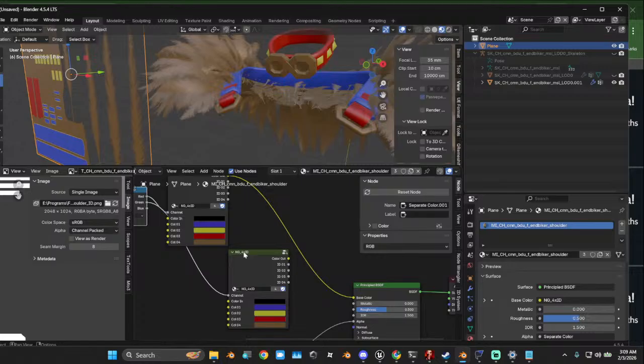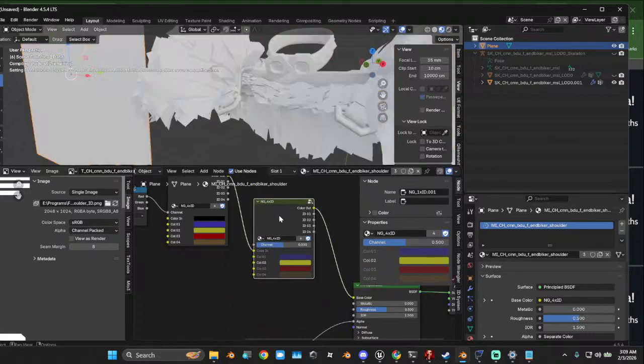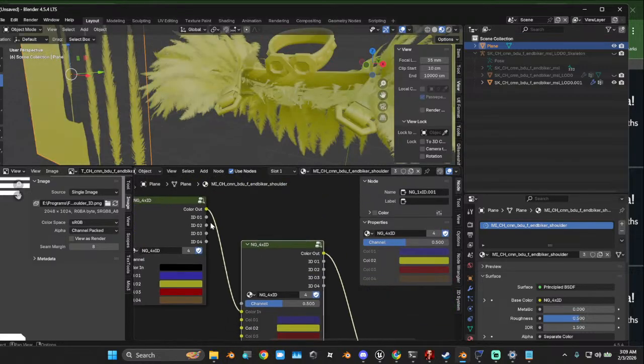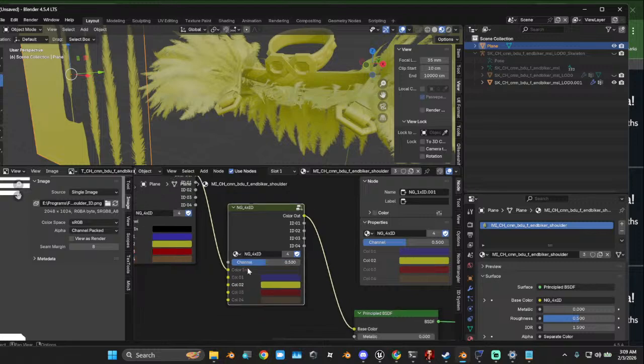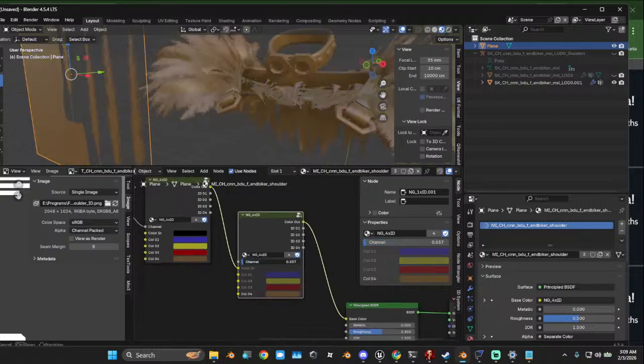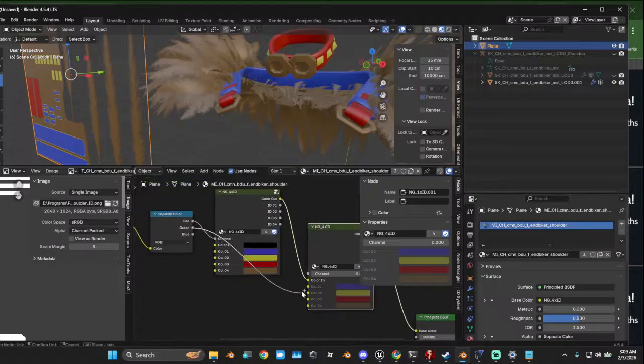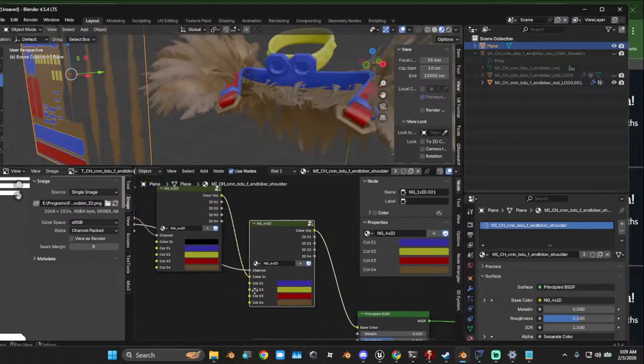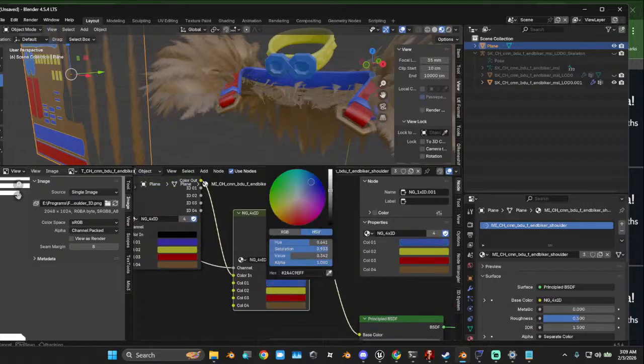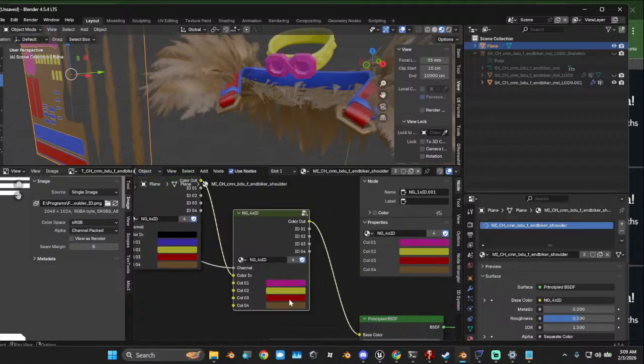Put the green in here. Well, here, let's plug this in. And I want this color output to go into this color in. And we'll set channel to 0 for right now. And then I want this green to go into that channel. Now I can set up these colors,